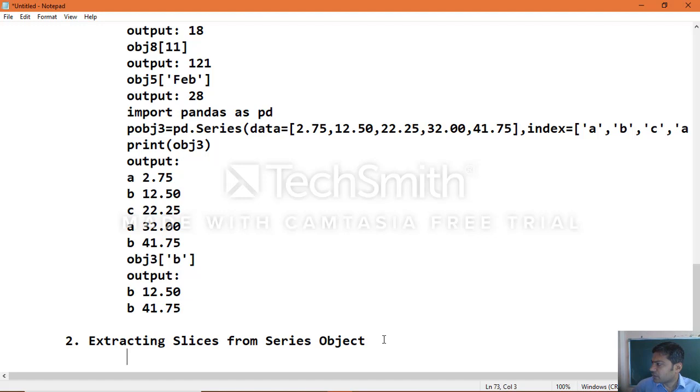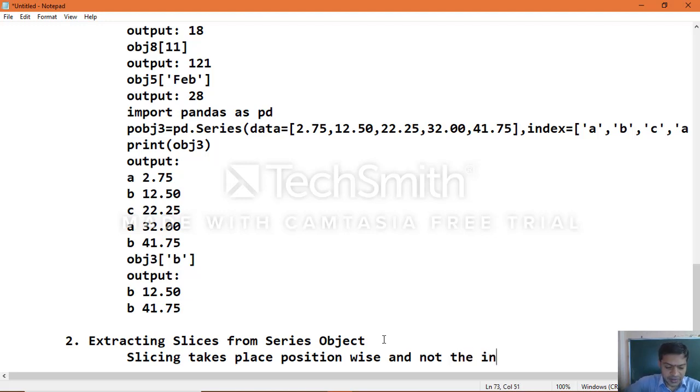If you want to extract slices from the given series object, then you must know that slicing takes place position wise and not index wise in a series object.